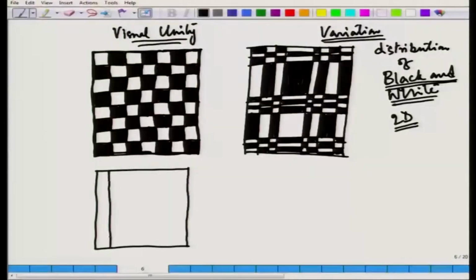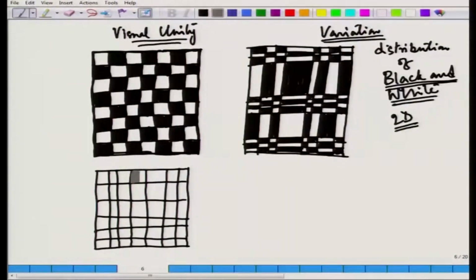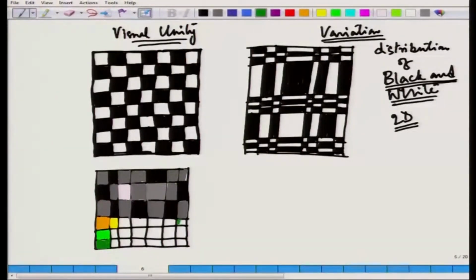and if we use a gradient in that flatness, then it can also appear as 3D because of the value difference. So, we discussed the relationship of value and volume in earlier lectures, and now we will see how the introduction of gray or some other color may create some vibration in the two dimensionality of this visual harmony. So, that will give us another level of harmony with some variation. So, as we add color into it,